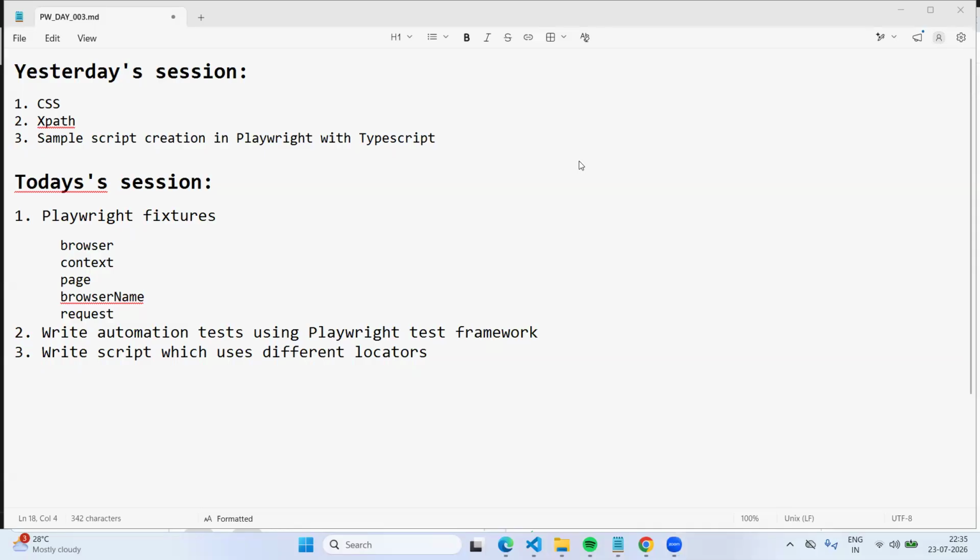Yeah, hi everyone. So let us recap from yesterday's session. In yesterday's session we discussed locators, how to identify the locators, and observed XPath and relative XPath, and how to identify the CSS. We also discussed selectors hub, and using selectors hub, we discussed how to identify the locators, and we created a sample script in